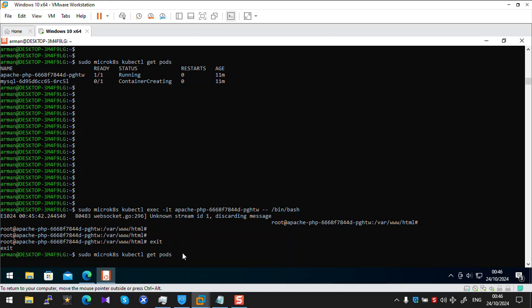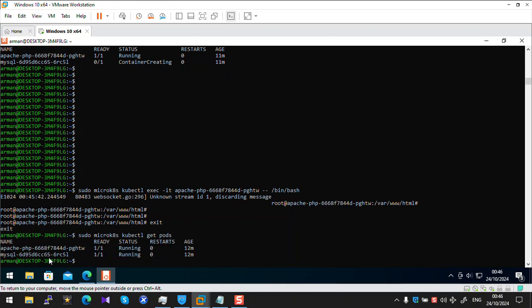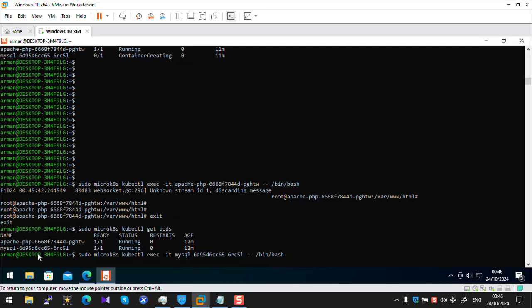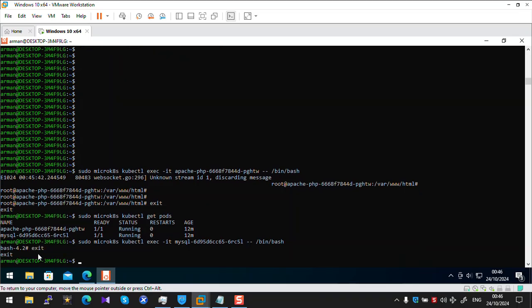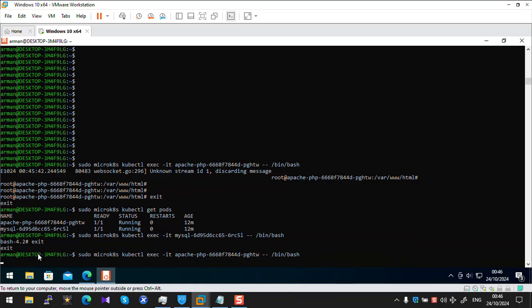Get paths. MySQL container is running, and you can use execute with the MySQL container name here, and exit here. Use Apache container, and